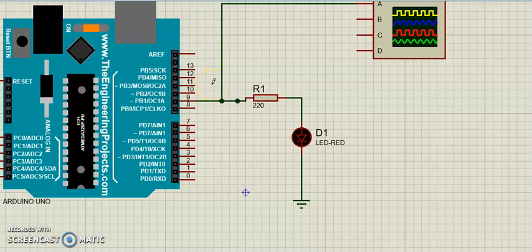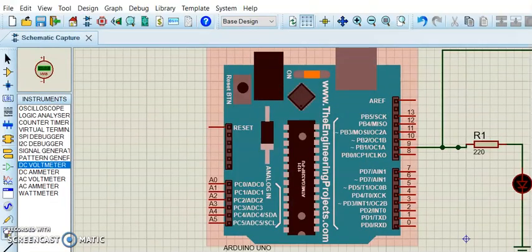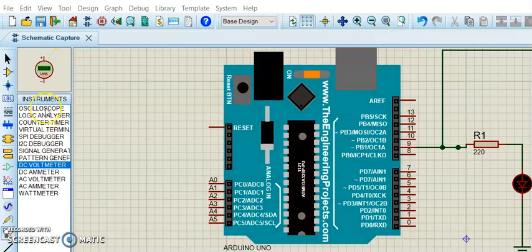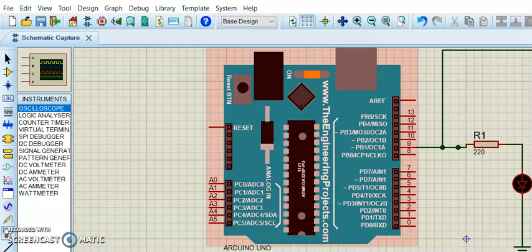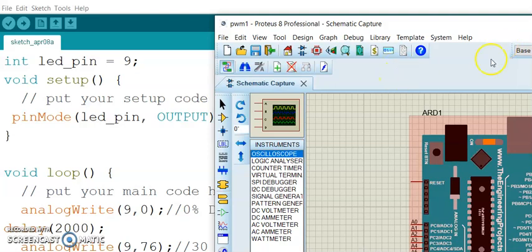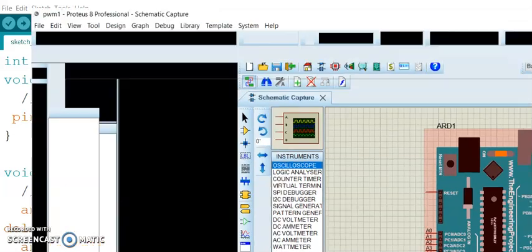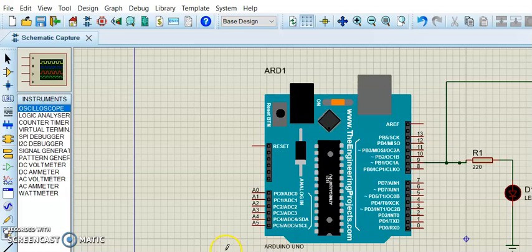You will get this block from the instruments, the oscilloscope. It's nothing but the virtual oscilloscope, so virtually you are going to monitor the PWM wave.